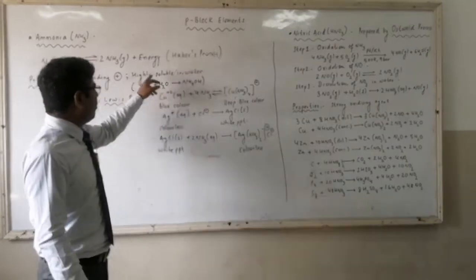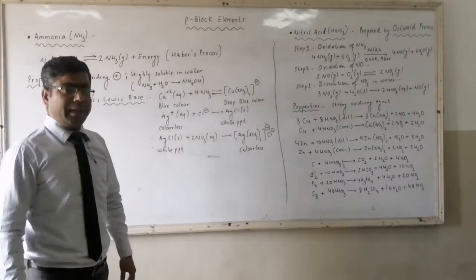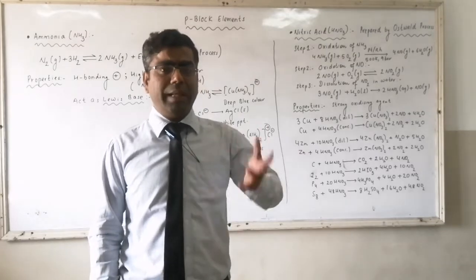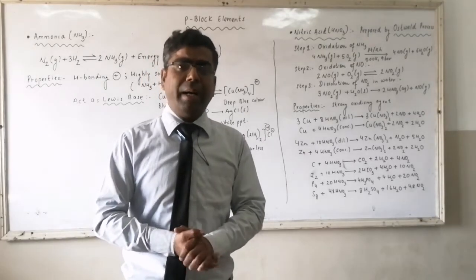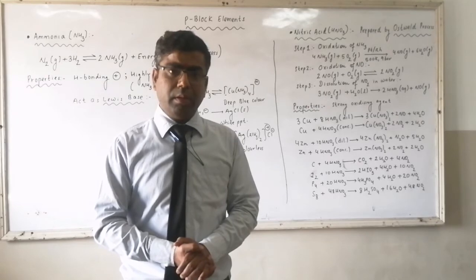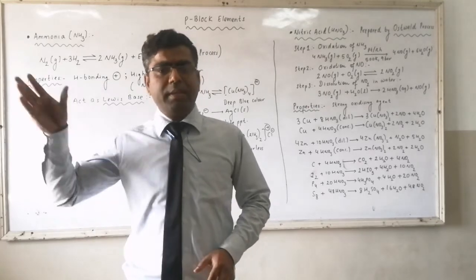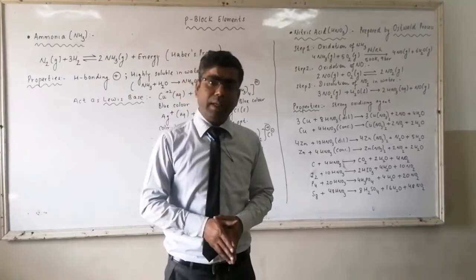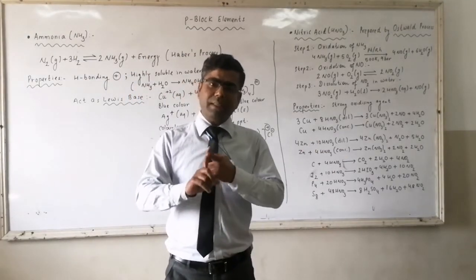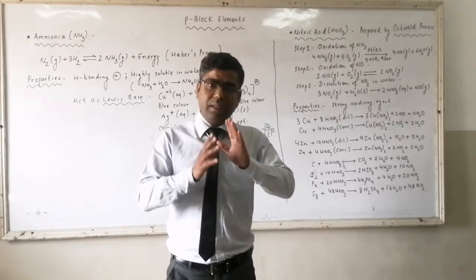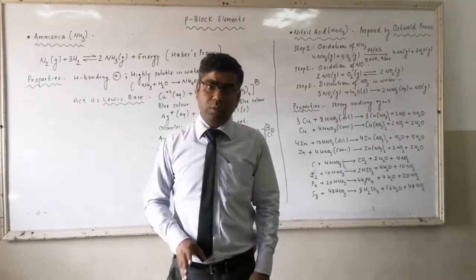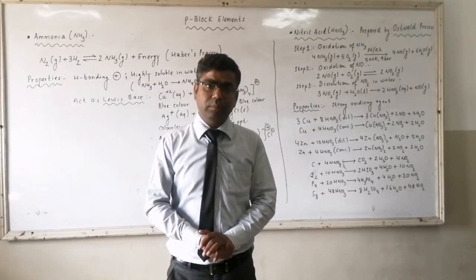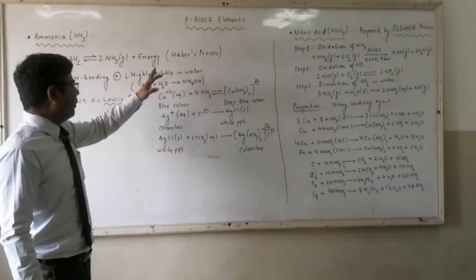And if we compare the number of moles on the product and reactant side, then towards the product side the number of moles are less. So whenever the number of moles are less, then the reaction is favorable by high pressure. And if we increase the concentration of N2 and H2, definitely they will combine and form ammonia. So to maximize the yield of ammonia, we require high concentration of reactants, that is N2 and H2, low temperature and high pressure. And this takes place in Haber's process.